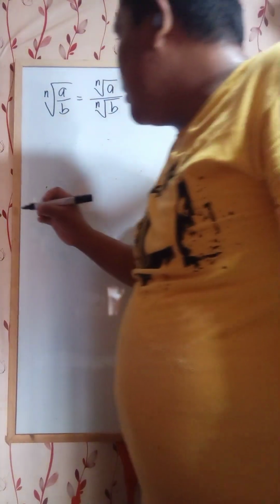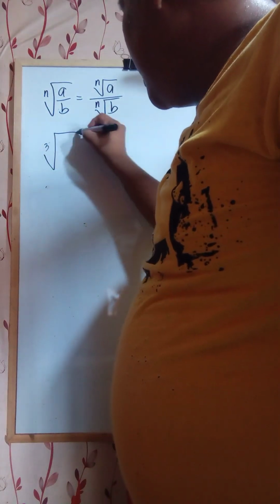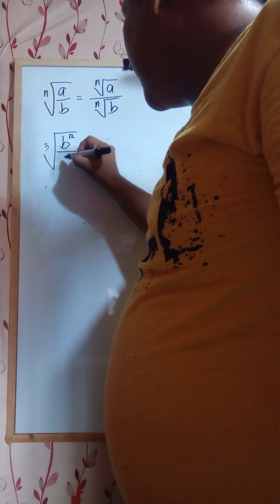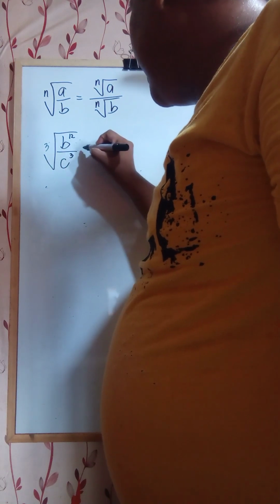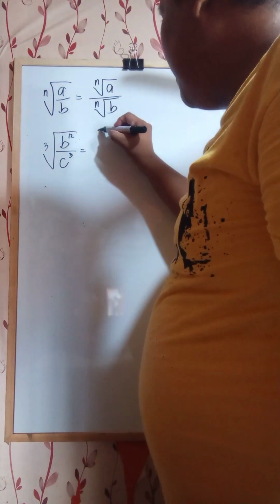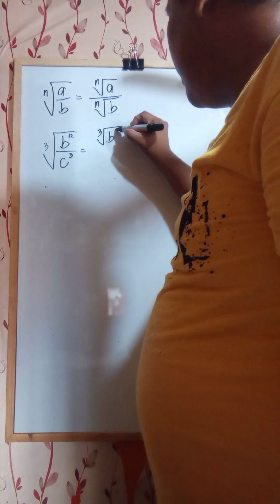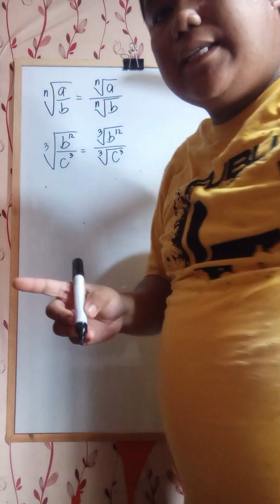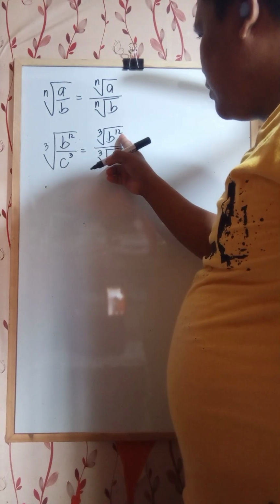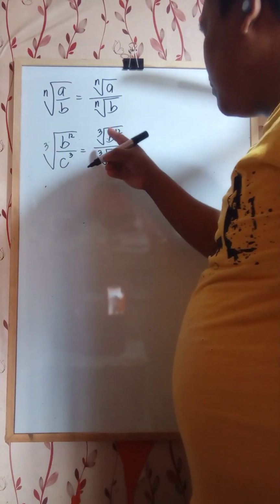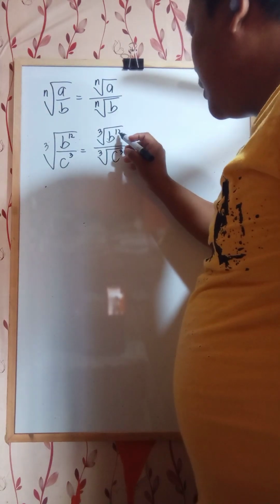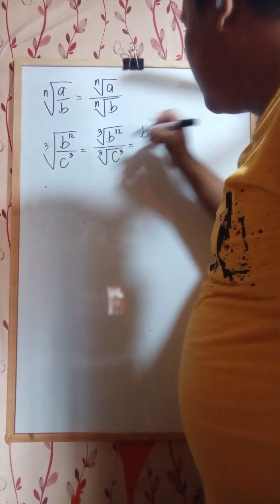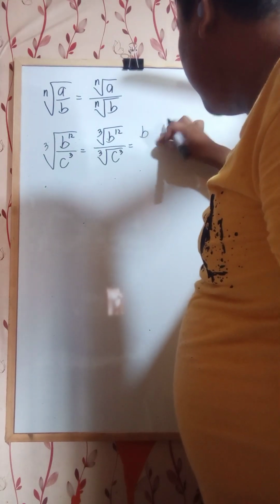So let's take for example, let's have the cube root of b to the power of 12 all over c to the power of 3 or c cube. So matabo, that is the cube root of b to the power of 12 over the cube root of c cube. Then let us extract the b to the power of 12 of c cube. So the cube root of b to the power of 12, just simply divide the 12 by 3. So 12 divided by 3, that is 4. So copy the b. So 4. Ito karon. B to the power of 4